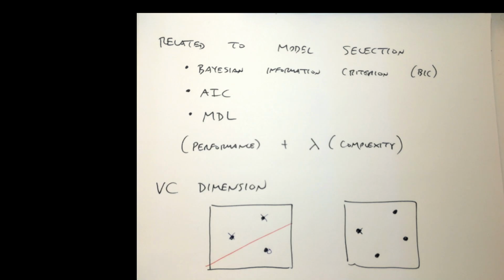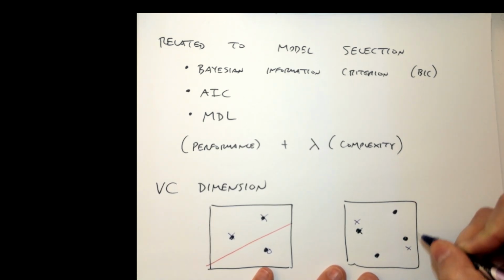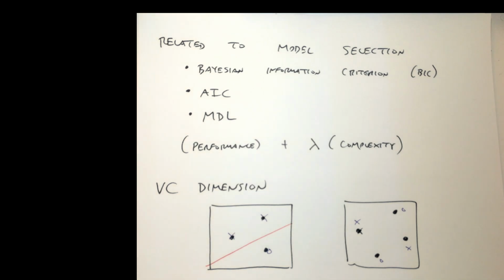But if I have something like this where this is labeled X and these are labeled O, then there is no straight line that divides the X's from the O's, right? So I can't shatter these 4 points, but a nonlinear function could, right? So I could choose, for example, a polynomial that would kind of loop around and divide the X's from the O's. And so there's definitely interesting theory to be talked about in terms of how much can a certain class